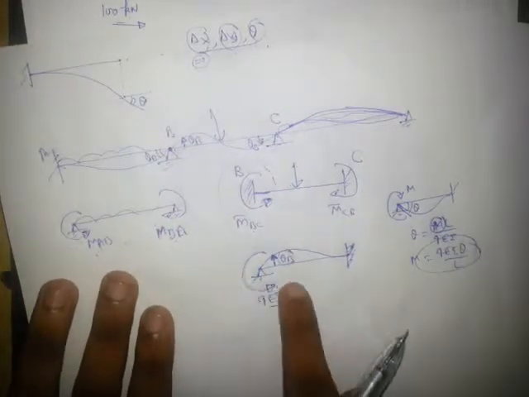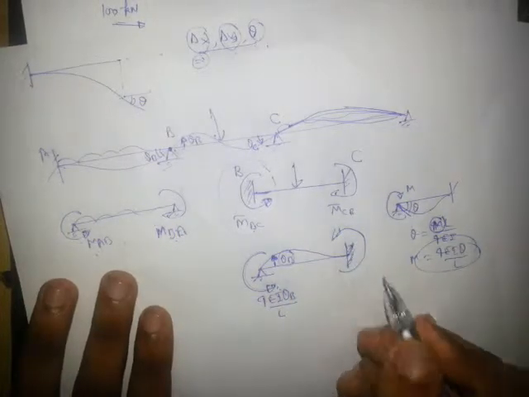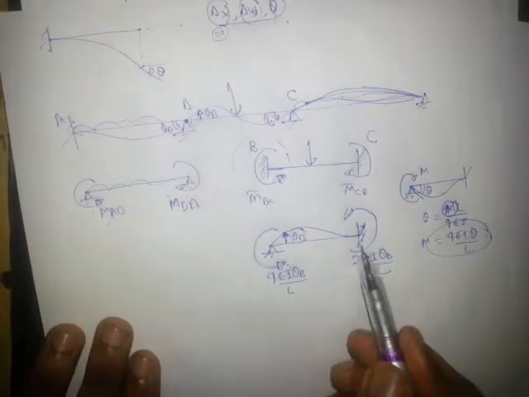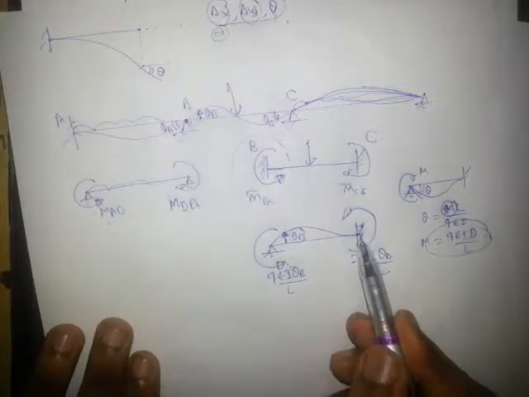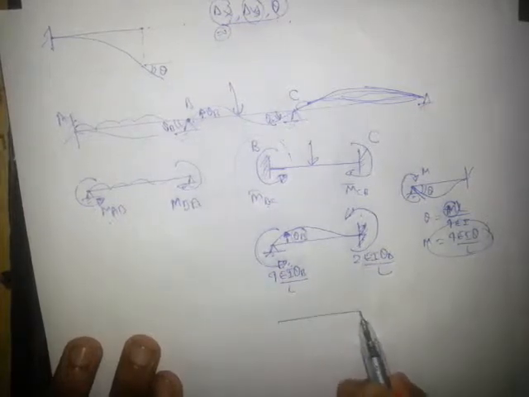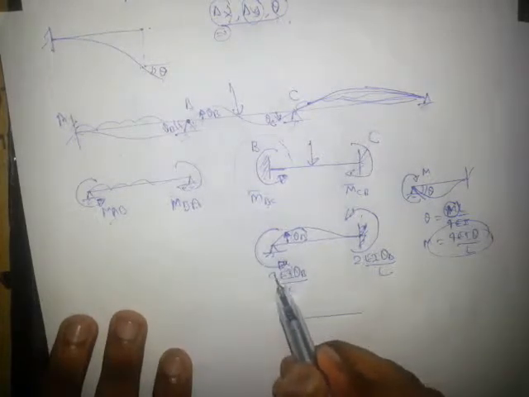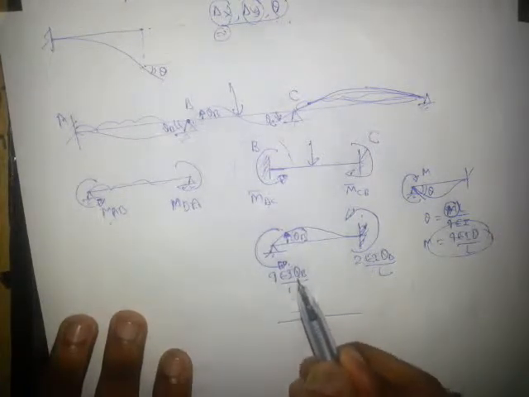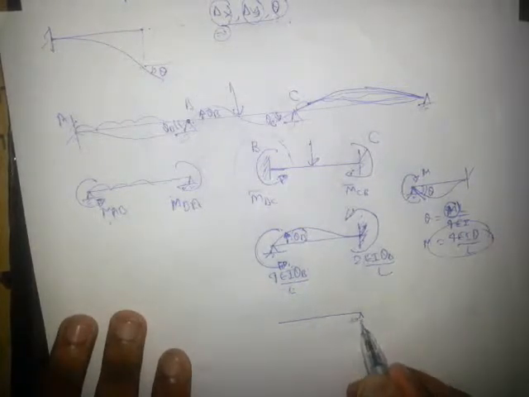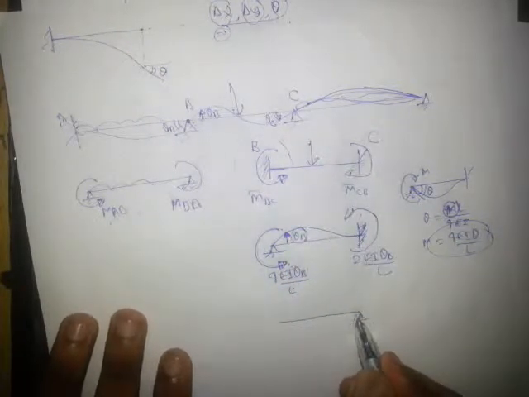So once you apply this 4 EI theta B divided by L, half will be transferred here, as you have assumed the far end fixed. So it will be 2 EI theta B divided by L. But the far end is not fixed, you have only assumed it fixed. So correction is required. What is the correction? If this is fixed, but actually it is not fixed, and not a hinge either, it is partially fixed, so its effect we will take here also.